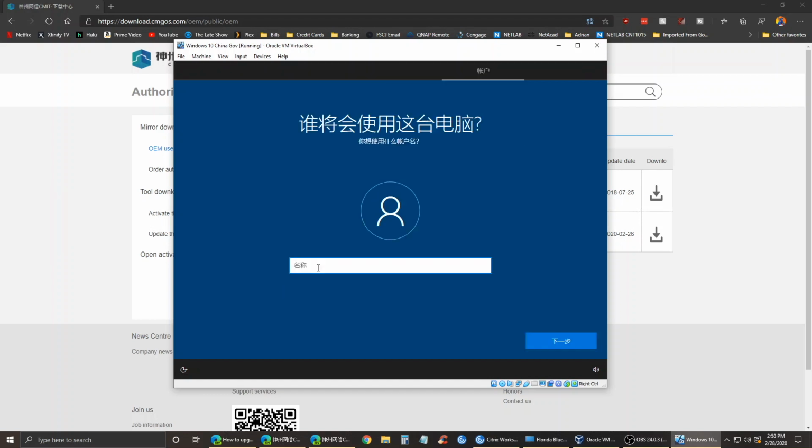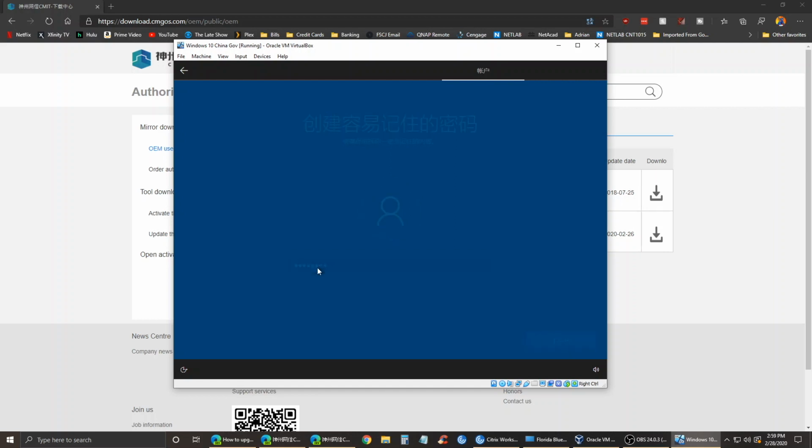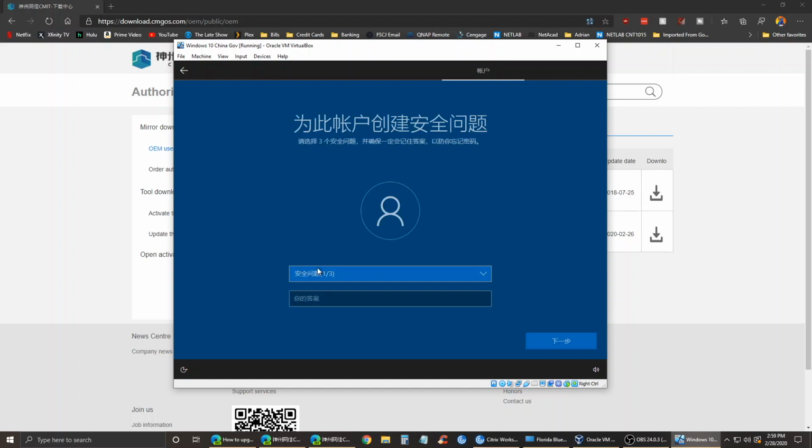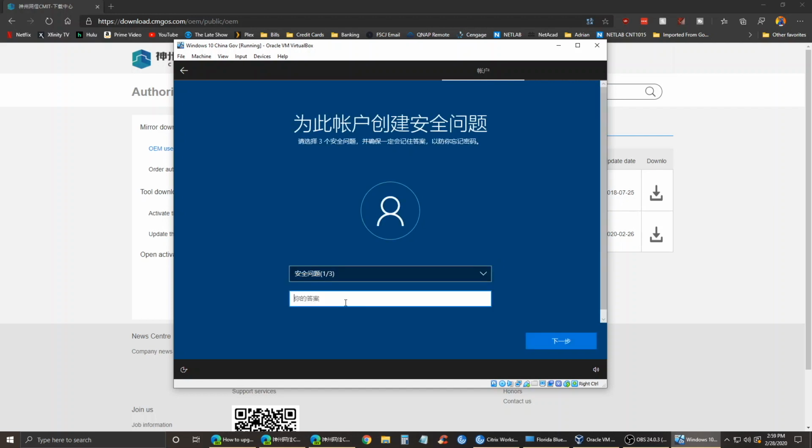Okay, so we are now at the set up a user account screen, and it actually bypassed Cortana completely in this version, so that is pretty interesting. It took a long time to go through, but I do find that very interesting. So let's go ahead and create an account and a password, and I guess to confirm the password, and then we have to do a